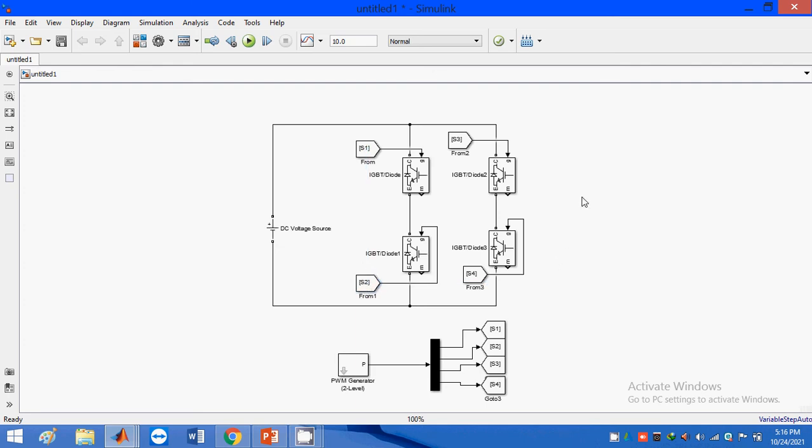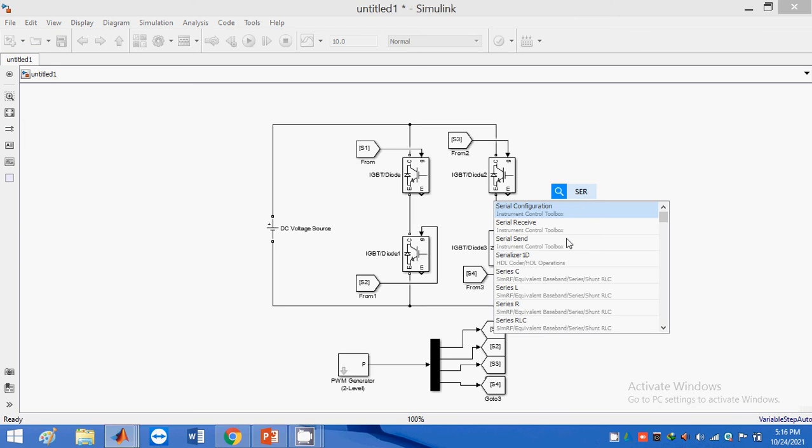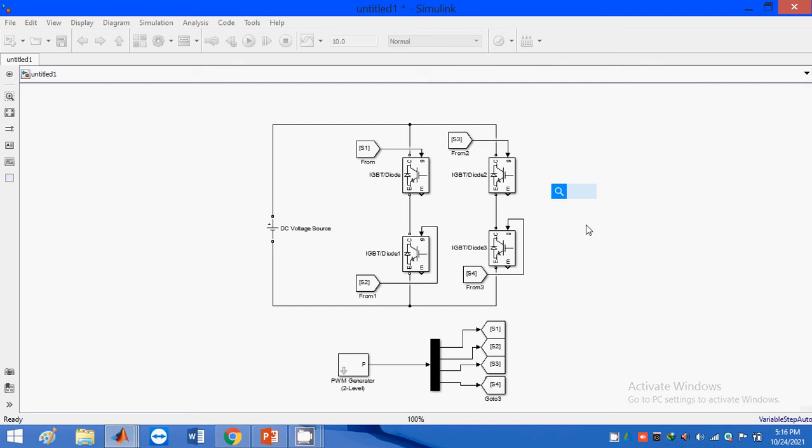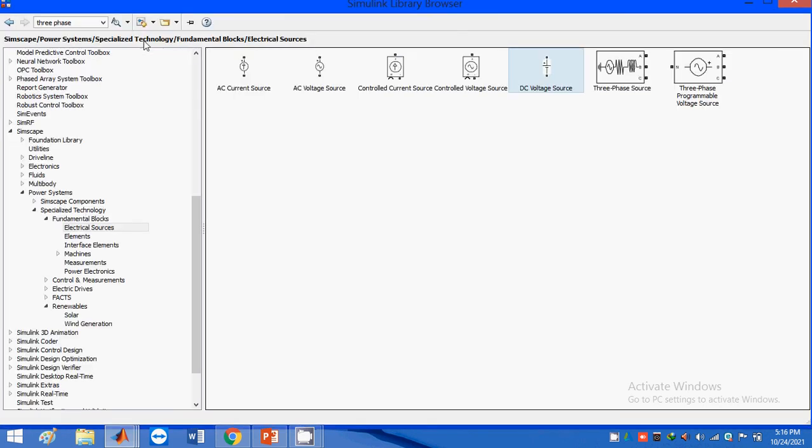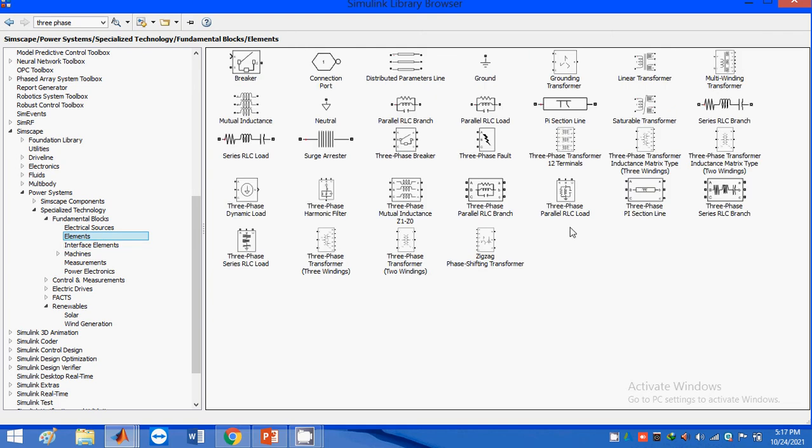Take the series RLC branch. Not this one. Go into the Simulink browser, in elements, type series RLC branch.